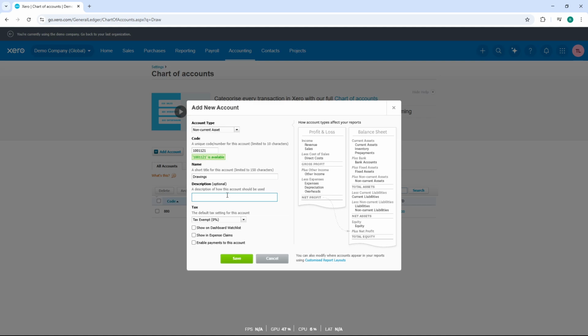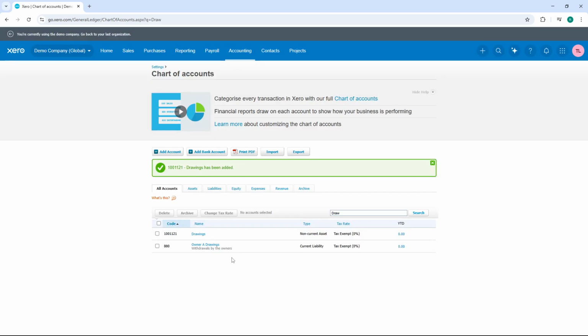transactions later on. After you've entered all the necessary information and made any adjustments to the account details, click Save. This action stores all your changes and ensures that the drawings account is now active and ready to use within your Xero system. Your drawings will now be tracked separately, giving you a clear picture of personal withdrawals versus business